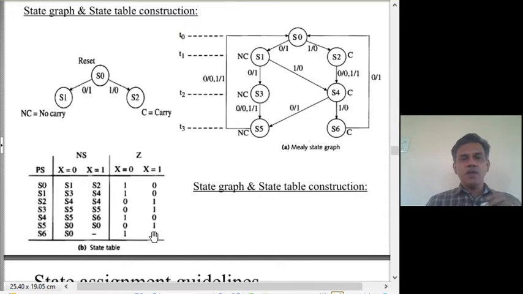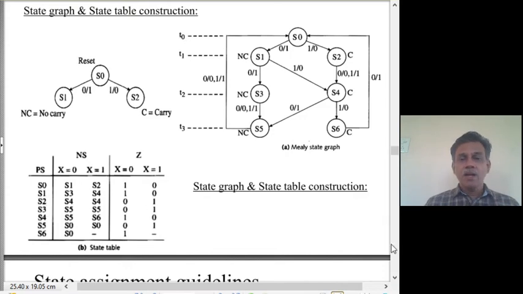Now, what we have done is we have converted the state graph into a state table, but these state tables still have states using only symbolic labels S0, S1, S2, S3 and so on. Why have we used S0, S1? This is just a convenience. We could have labeled the states as A, B, C, D, P, Q, R, S, alpha, beta, gamma, anything. But S stands for a state and you don't know how many states you are going to produce, so you start using a subscript to distinguish states, starting with 0, then 1, 2, 3 up to 6.